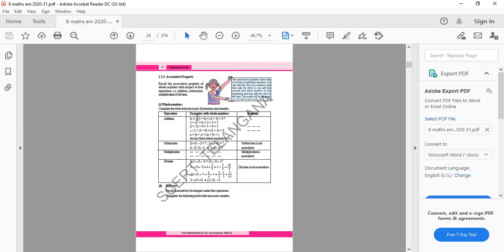2 plus 3. And you need to add first, then you add the rest. I'll take one example. I'll start writing to get more clarity. Let us take A plus B plus C. Is it equal to A plus B plus C, grouped differently? It means first you need to add these two, then after this you add to this. Or you can add this first, then you can add to this. Is it going to be the same or not? Same only.